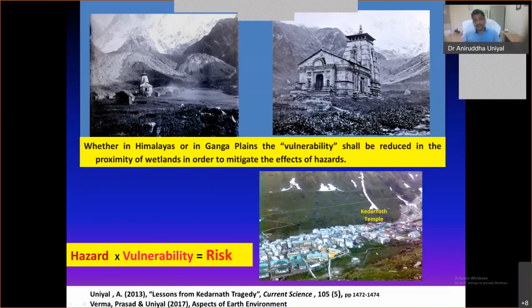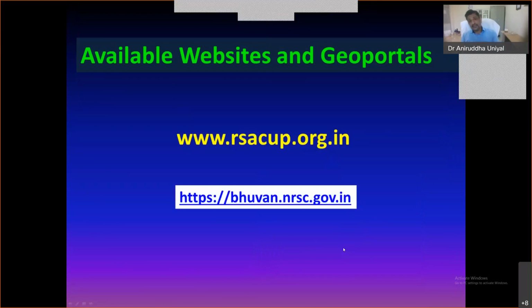But in 2013, we have around 100 lodges and restaurants in Kedarnath. So I think it was sad that a population of more than 10,000 was there, or according to some sources, 30,000 people were there. So the vulnerability was very high. Because of the high vulnerability, there was more risk and more damage was done. You see, this is the picture of Kedarnath in the late 90s.